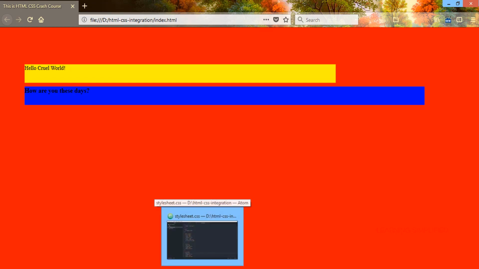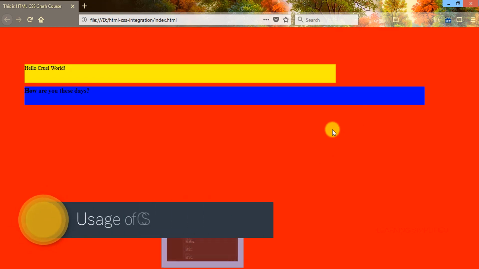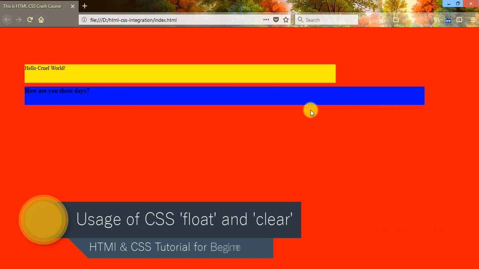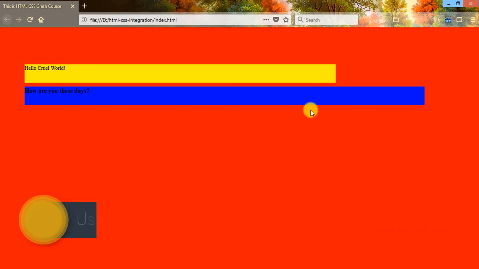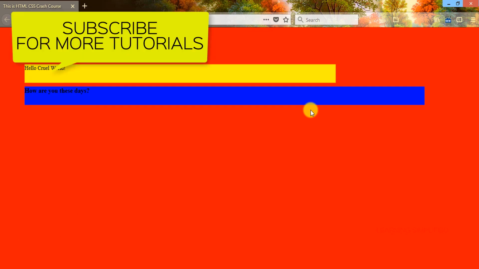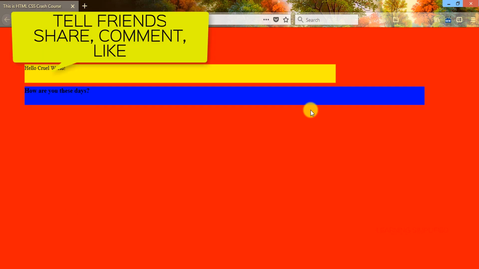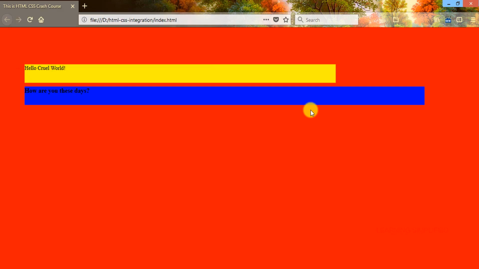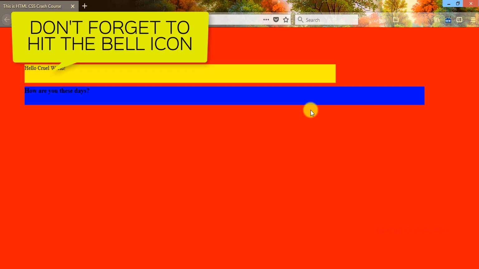Now in our previous tutorial we had learned about how to use different units in CSS. Now we will be acquainted with placing our content, or our block elements, horizontally side by side instead of a vertical stack display. So how is it possible? For this purpose we will be using a special property which is known as float. On the other hand, we will be using another property, the clear option, in order to float